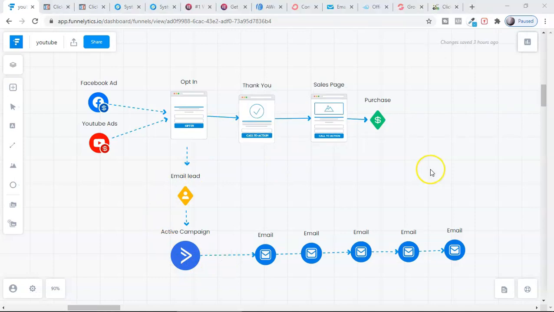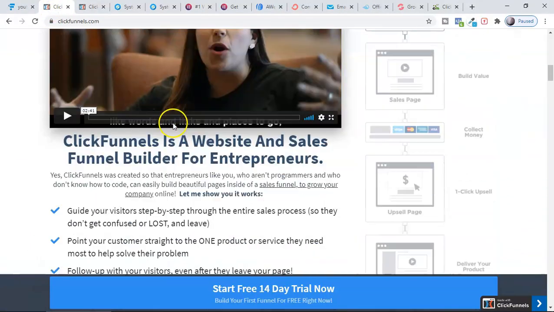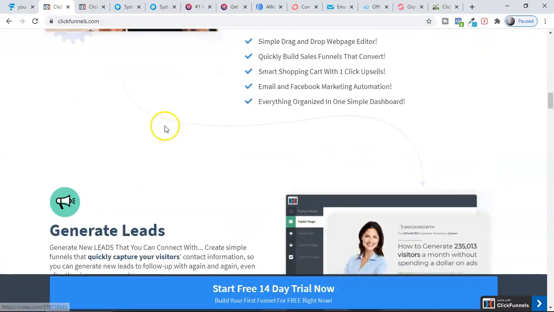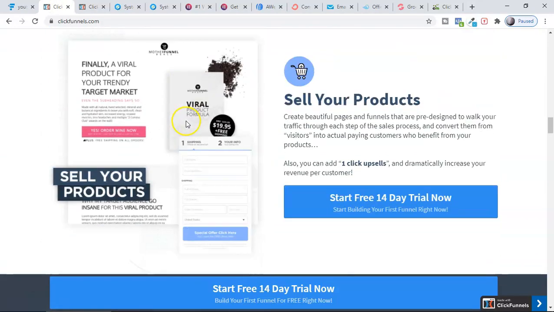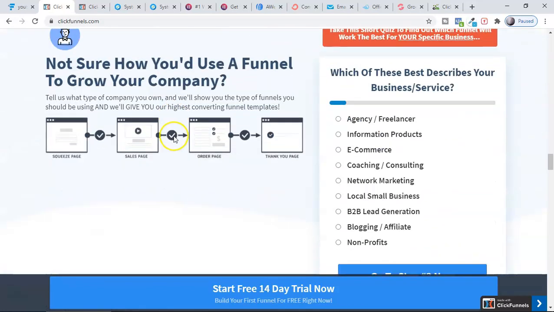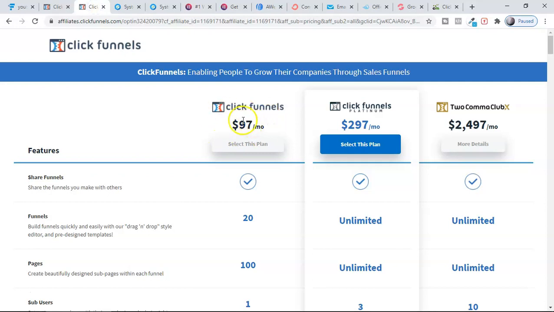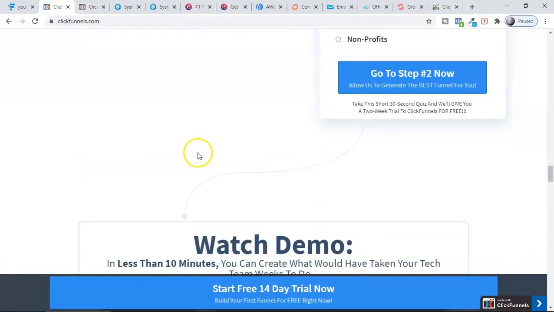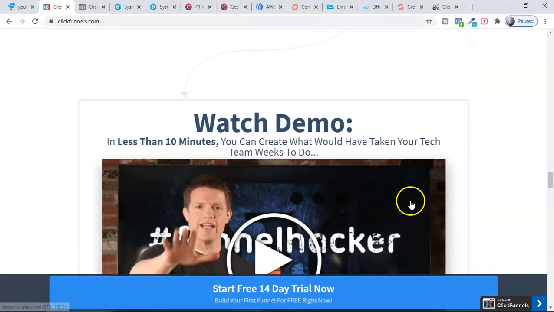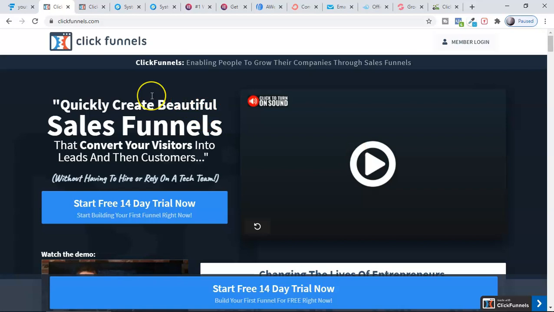So now let's talk about specifically designed sales funnel builders. For example, ClickFunnels. ClickFunnels is software which is completely designed to create sales funnels only. And you can integrate your email marketing software. They give you only a 14-day trial, and after this 14-day trial you have to pay $97. But when it comes to creating a sales funnel, this is amazing. I've been using it for a long time, that's what I can share with you. So no comparison of ClickFunnels with any other funnel builder.